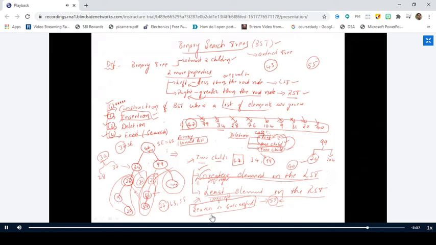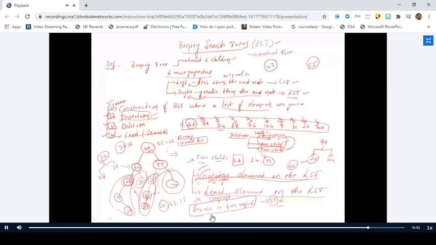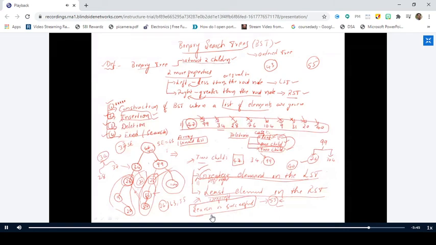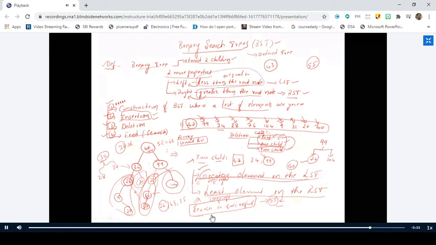So these are the important topics regarding this binary search tree. We have discussed the definition of a binary search tree. A binary search tree is a binary tree. That means every node should have at most 2 children. In addition to it, it should also satisfy 2 more properties. That is, elements less than or equal to the root node should be placed as the left subtree, and the elements which are greater than the root node should be placed as the right subtree.